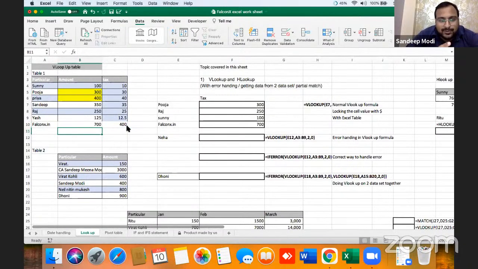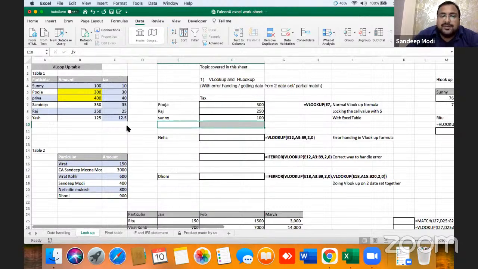So what is the simple solution? There are two problems. The first problem is that the table array is not constant, so we have to fix that. The second problem is that in VLOOKUP, when the client updates the data, we have to change all the formulas. This might be sales data, purchase data, anything, because it is the client's habit to give 10 entries now and 10 entries later, 2-3 entries, on a daily basis. So now what we can do is, we don't want to put this dollar sign.